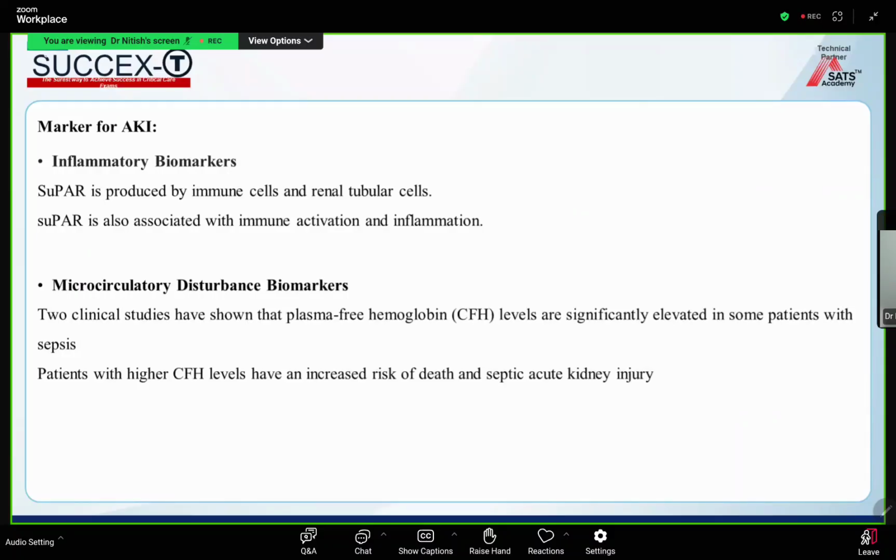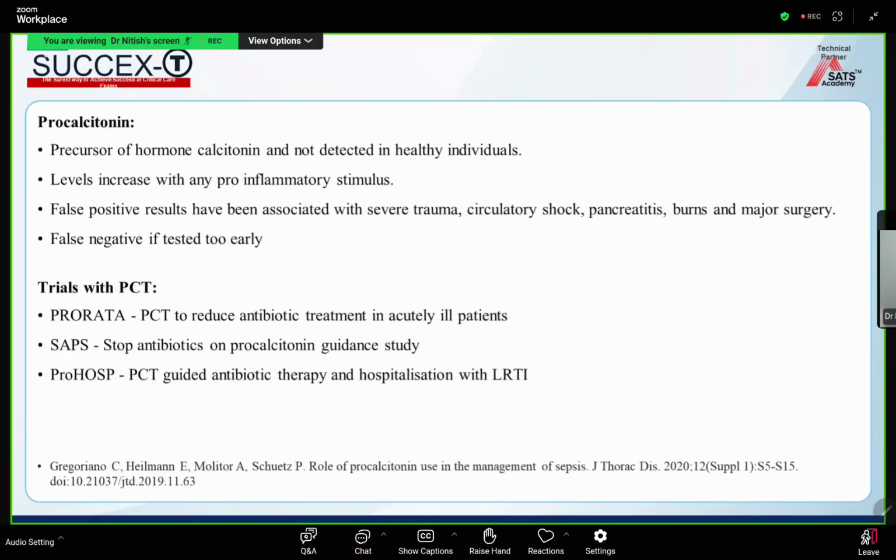Markers for AKI associated with sepsis, there are 2 biomarkers. One is suPAR and the other one is plasma-free hemoglobin. So as I already said, the only biomarker that might be